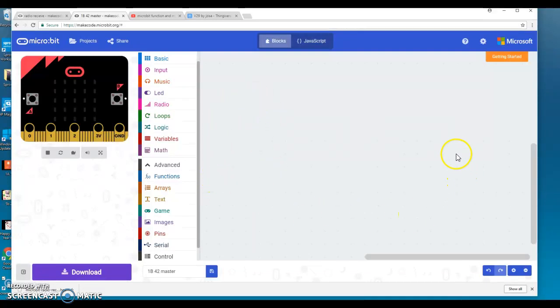Now we are going to write a program to allow the Microbit board to be the master of the radio control. In this session, we're going to use two Microbit boards. They are interconnected by Bluetooth or radio wave, and the master board can control another board to play some music. If you cannot remember that, you can go back to the Microbit receiver English to review what we have done